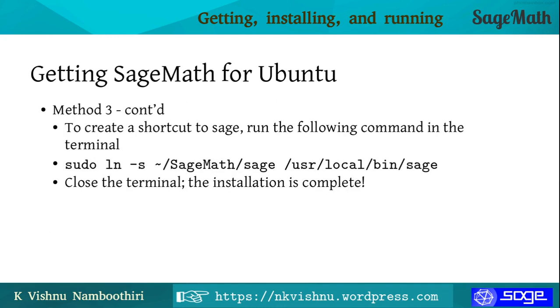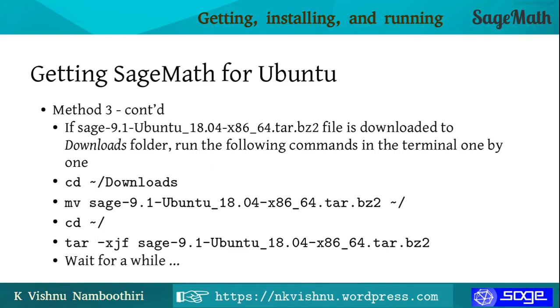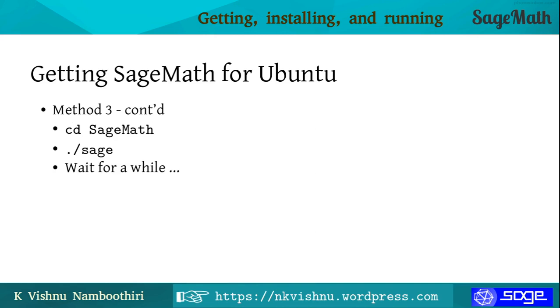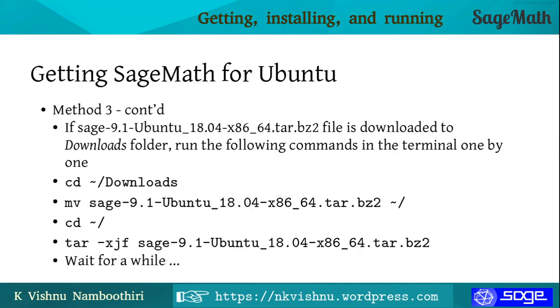But the advantage is that once you download the file, you can install that file in any system even without having internet connectivity. So once downloaded, you may use it anywhere. That's the advantage of this method. So especially if you have to install this in all the systems in your lab, instead of wasting your bandwidth, you may download the file which is around 2 GB in size. Then you take that file to all the systems where you want to install that, and follow the methods that I am going to describe now.